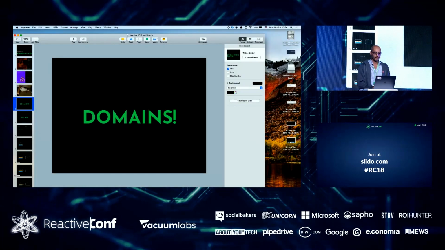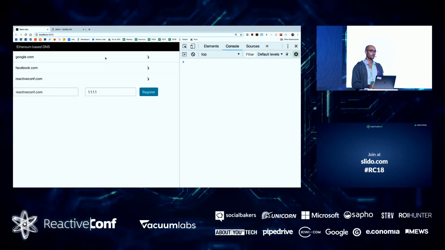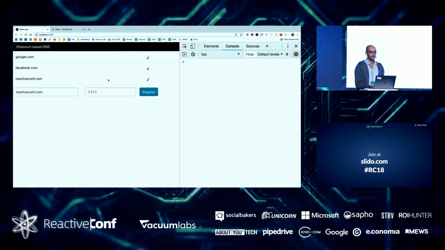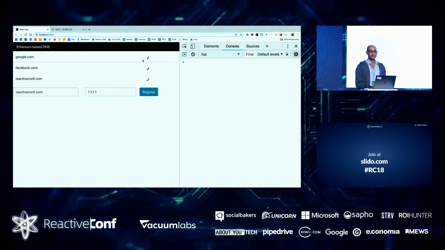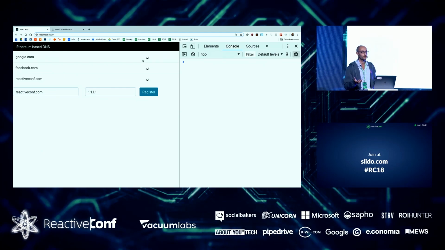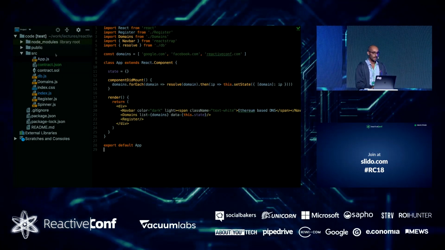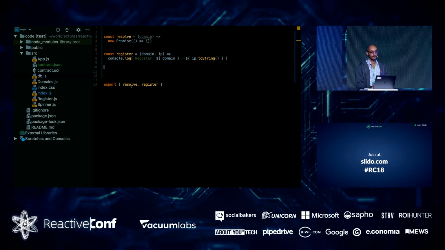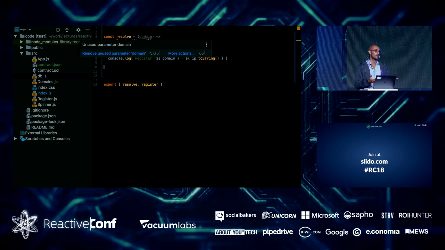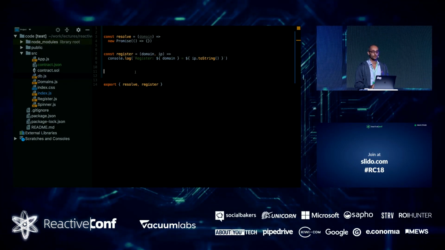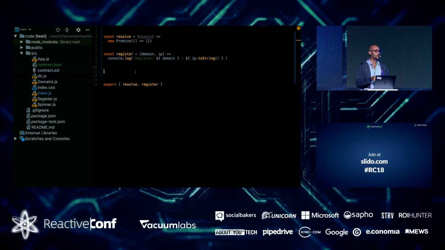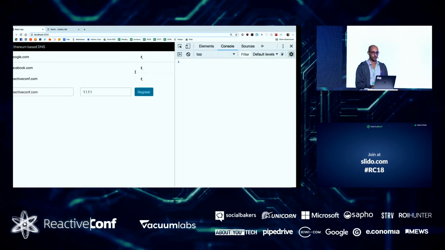I even went ahead and created a simple React-based application that can resolve domains and register them. Now, you might notice the spinner here, and that's because nothing is really working. I don't have any backend. I don't connect a real domain service. Actually, I have it all stubbed here in my database file. Two functions. One that gets a domain and should return an IP, and a second function that should get a domain and IP and register it somewhere. And we'll try to tackle these two things and connect them to a real blockchain.